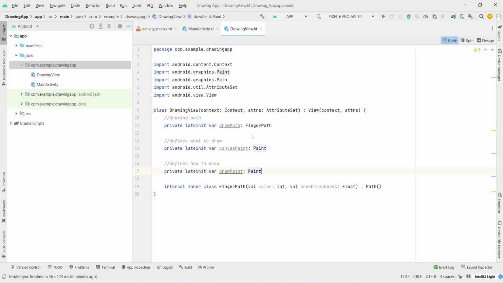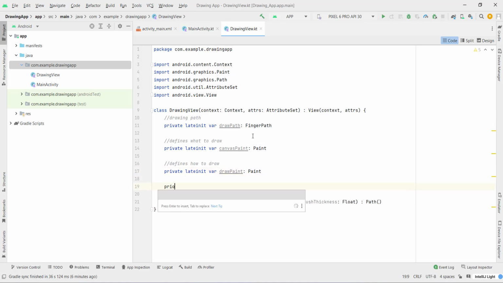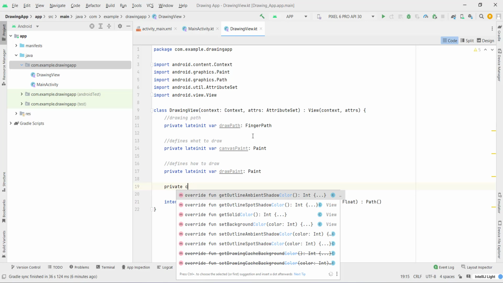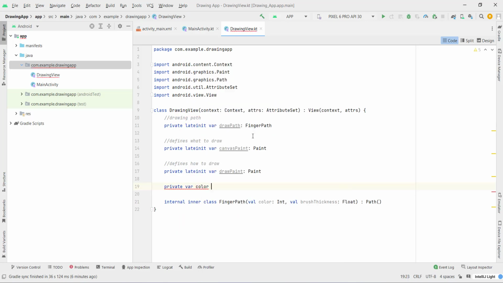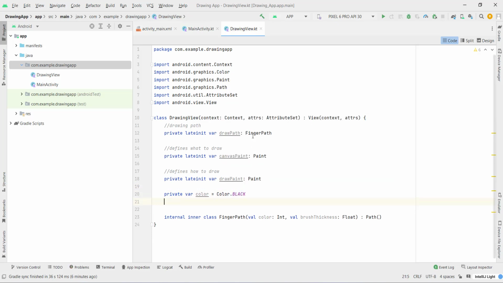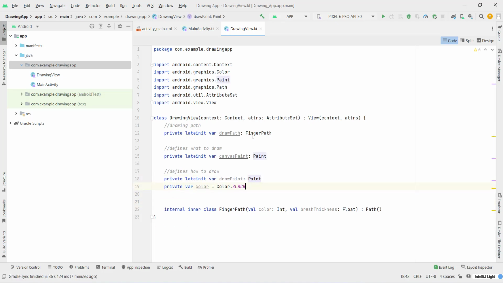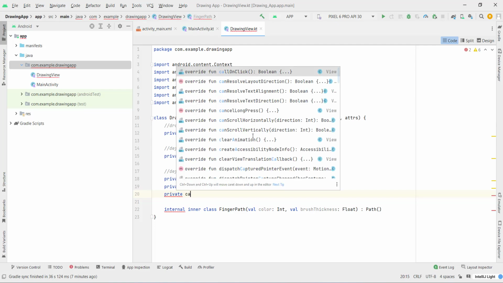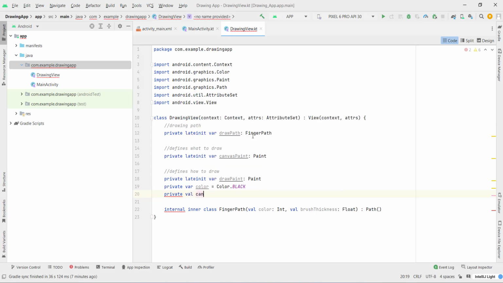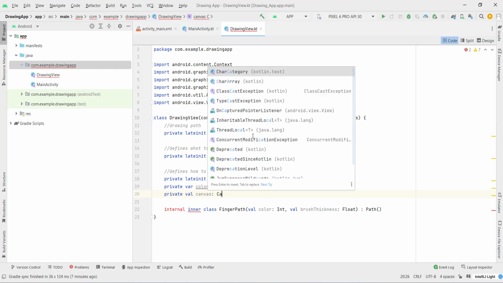All right, then I'm gonna type private var color equals Color.BLACK. Then I'm gonna type private, let's put those here, private val canvas of type Canvas,